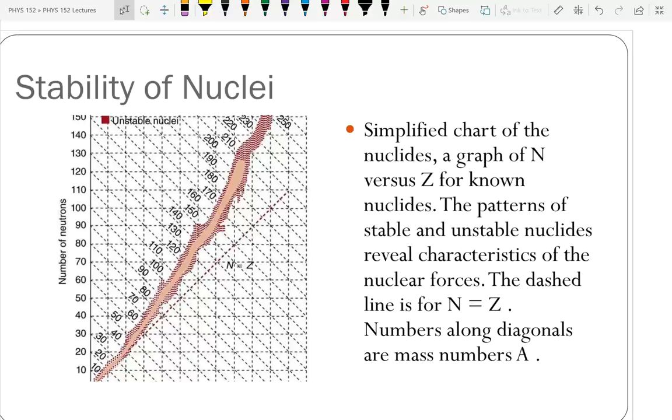There's actually 2 forces involved, strong nuclear and weak nuclear. But these are very short-range forces that affect both protons and neutrons equally. So the strong nuclear force holds the nucleus together. And protons are attracted just the same to other protons as they are to neutrons. Neutrons are attracted just the same to neutrons as they are to protons. So this force holds them together. It's very strong, but it's only short range. So in essence, the strong and weak nuclear forces only are affected by the next nearest neighbor.